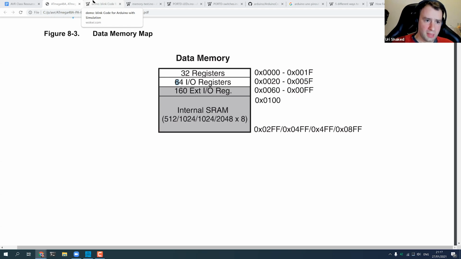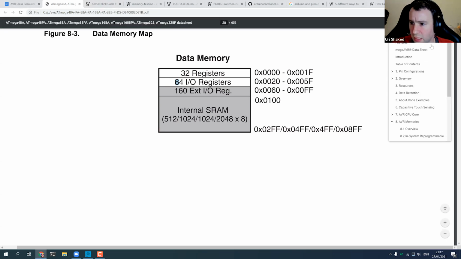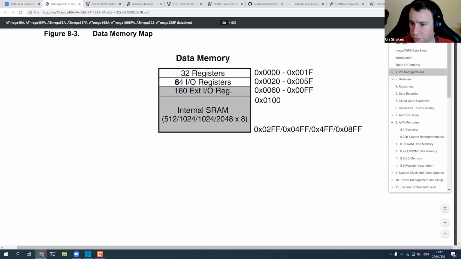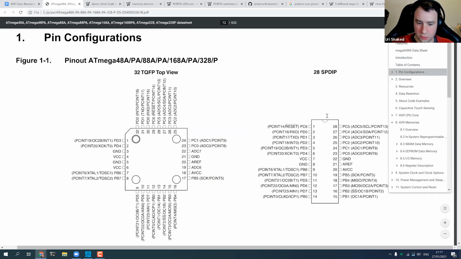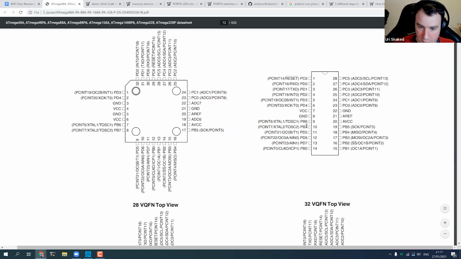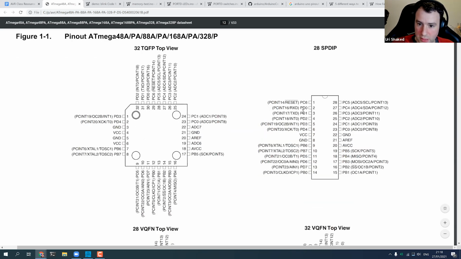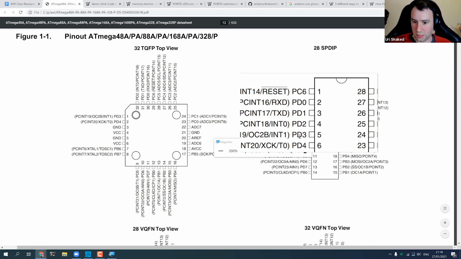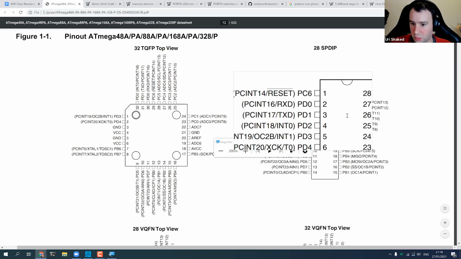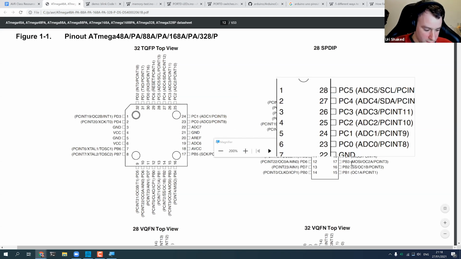If we go to the section that talks about the pin configurations, it shows us the layout of the chip. And you can see it has all those different pins called PC0, PC1, PB1, PB5, etc.